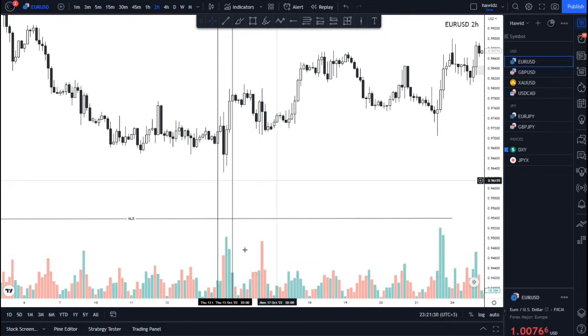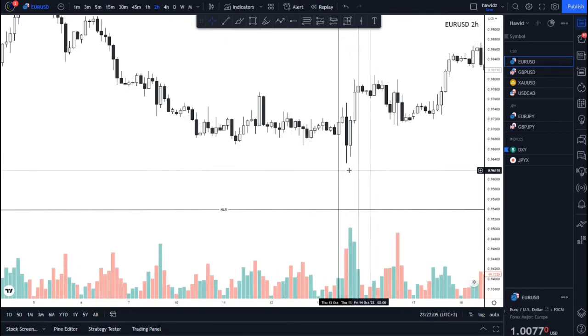Boom. Right now you will realize that the first line was 10 a.m. in the morning, and this is 20:00 in the night. So I'm on UTC +3. So 10 a.m. in the morning means what? The open of the London session, and 20 hours in the night, which is actually 8 p.m., which means that is when the New York session is closing, right? So lo and behold, you will now realize that during